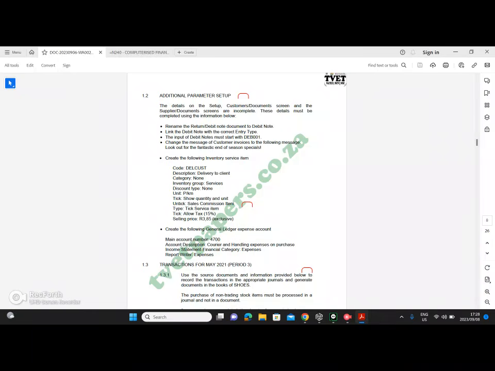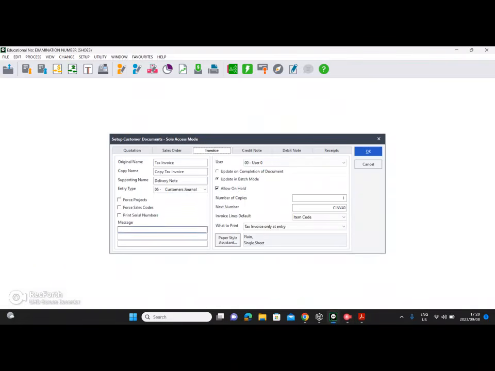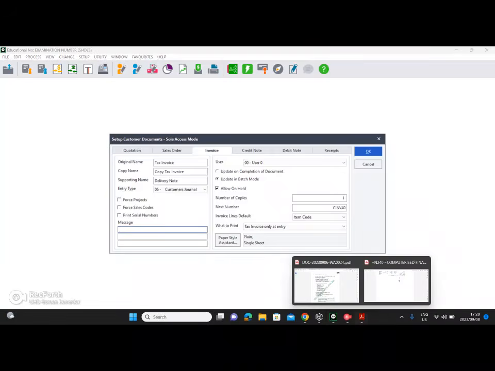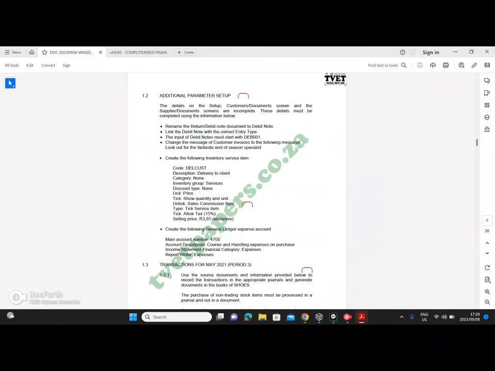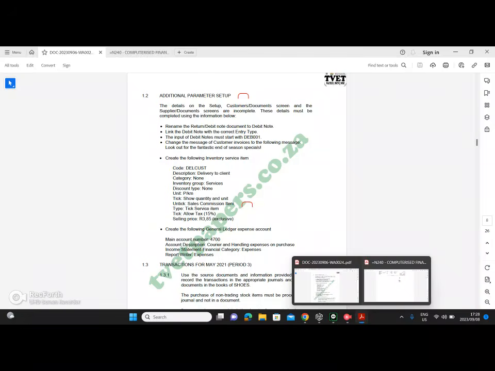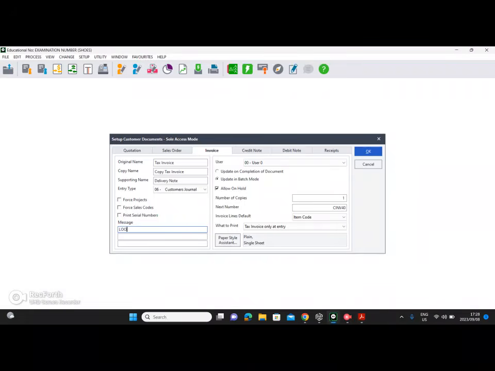Change the message of customer invoices to the following message: Look out for fantastic end of season specials. So we come down to the message block. We must make sure that we click on the invoice tab, click in the message block, and let us start to type our message. Look out for the fantastic